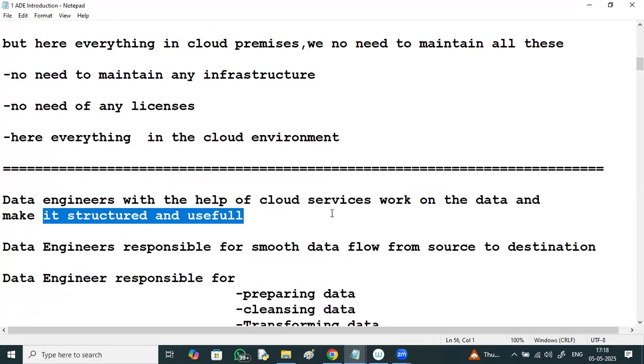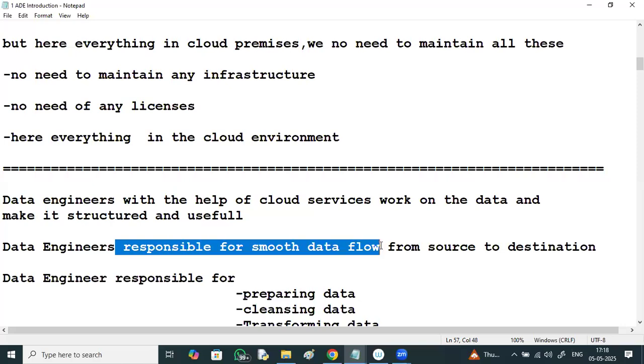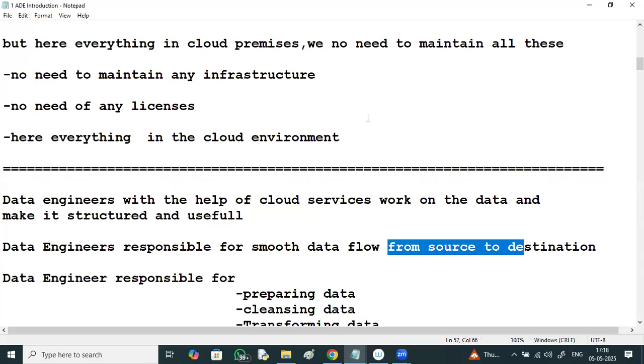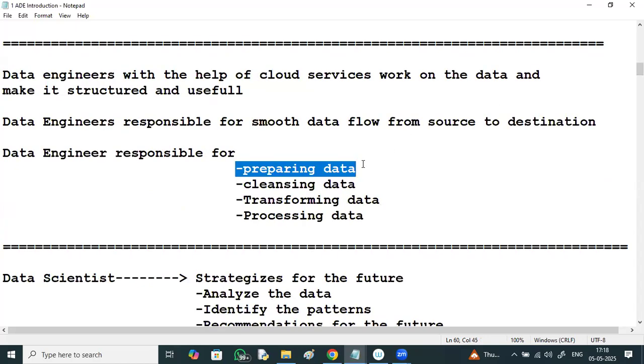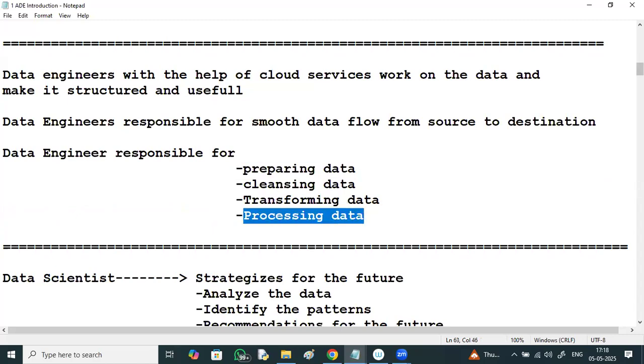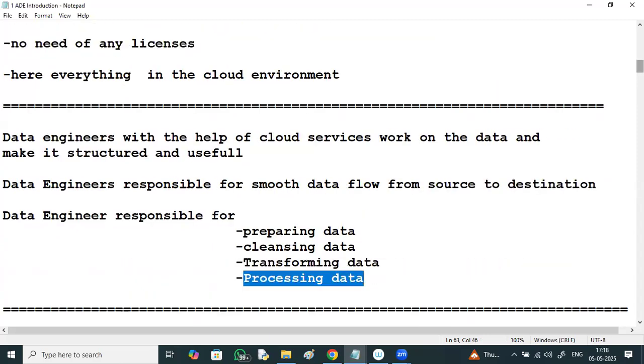They are responsible for smooth data flow from source to destination, for preparing the data, cleansing and filtering the data, transforming the data as per the required format, and processing the data.